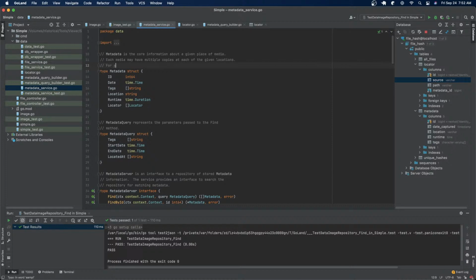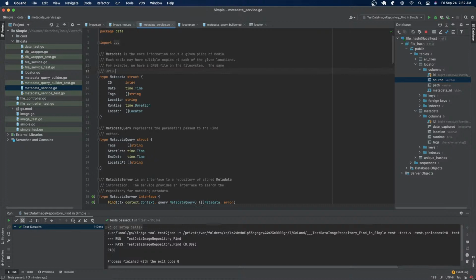So in this case, for example, we have a JPEG file off the file system. The same JPEG exists in another directory, and at a bucket in AWS. Okay, so